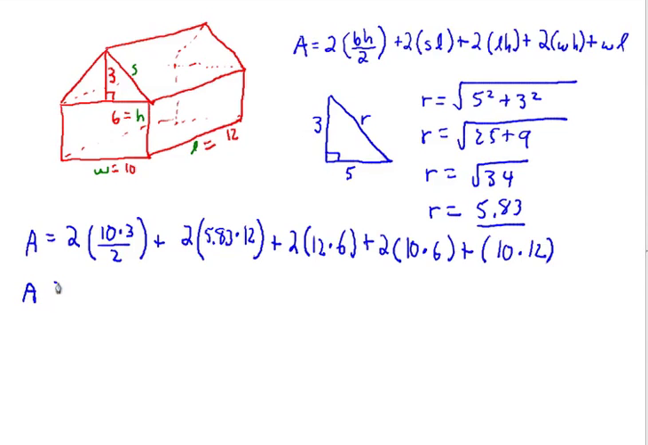And if we plug all the values in, the area of the triangle times 2 is going to give us 30, plus slant length times the length, which will give us, rounded off, 140, plus 144. That's 2 times 12 times 6, plus 120, which is 2 times 10 times 6, plus 10 times 12, which is 120. And plug that into the calculator again. That'll give us a total surface area of